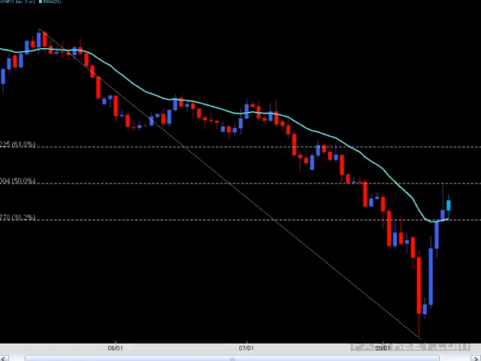Michael says, how significant is a break of the 20 MA? Does congestion or counter trend follow? The significance of the break of the 20 MA is really based on context. If the market's been ranging, a break of it doesn't mean much. But if the market has been extremely strong and away from it and contained by it for such a long period of time, then the market breaking it, closing above it, and then using it as support shows that the market is treating it differently than how they did before.